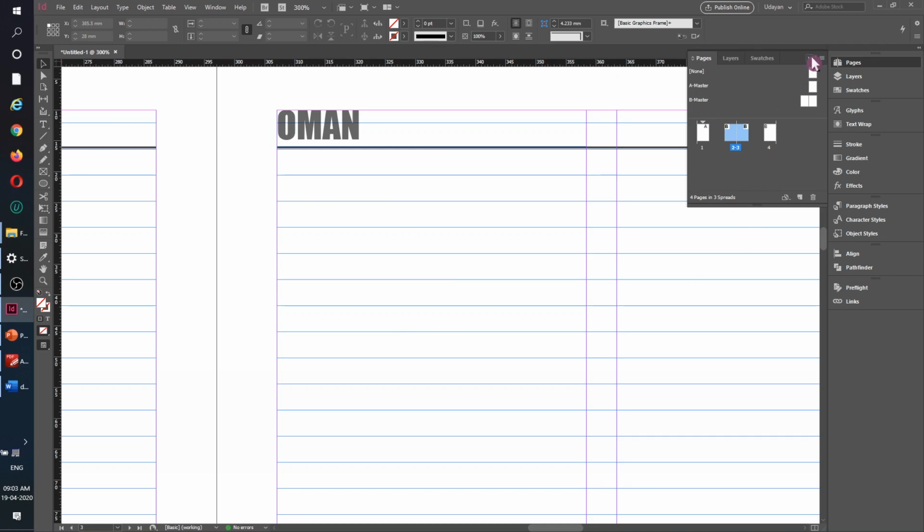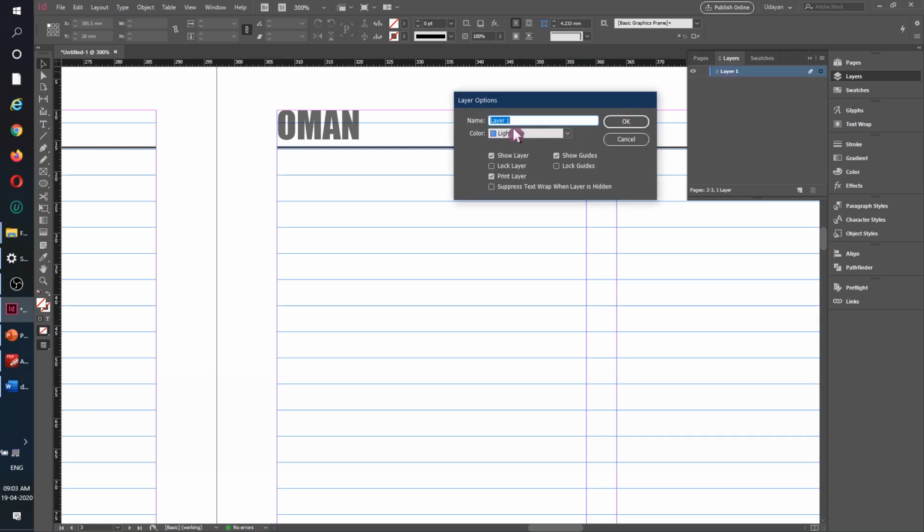Great. Now our job, we need to start playing around with layers first. So for every newspaper we need a few layers to be created and maintain the contents in the layers so that it is easy later for organization purposes plus managing purposes. So I'll double click this layer, okay, so that I can write it.